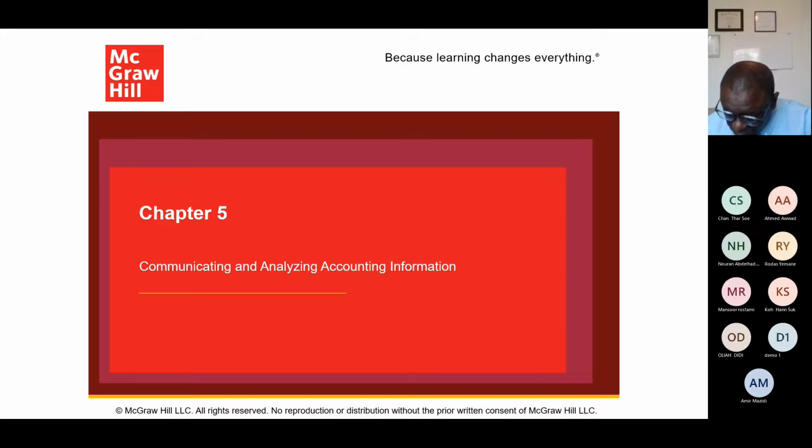Then the function of internal and external auditors. What are their functions and limitations? What are they expected to do, for the internal auditors and then external auditors? And types of reports.